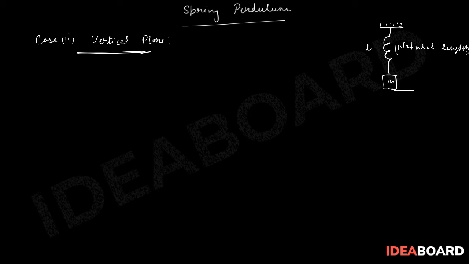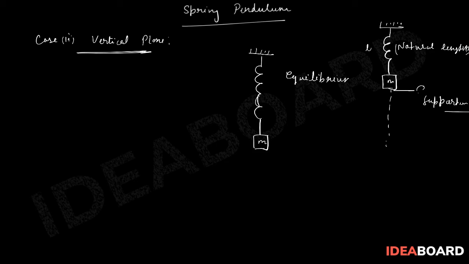So when you remove this supporter, so we removed the supporter, what will happen? You will see the equilibrium condition at one point. So let's say this is the equilibrium condition. Block goes like this, and at this point we are saying that equilibrium is achieved. So this is the equilibrium state.